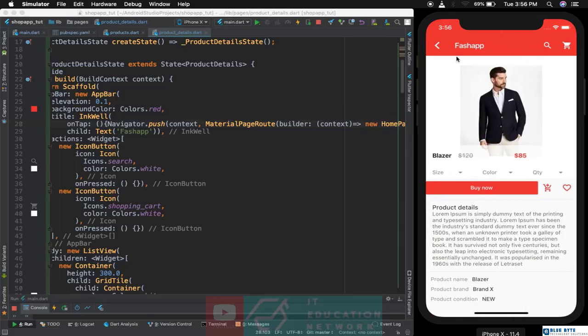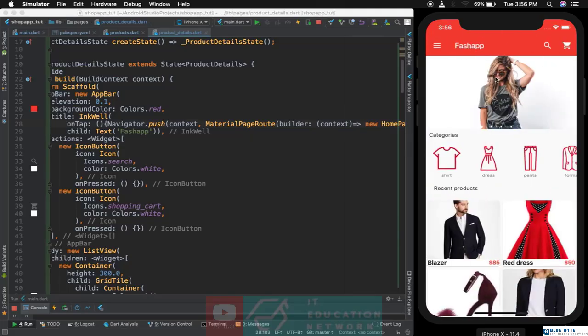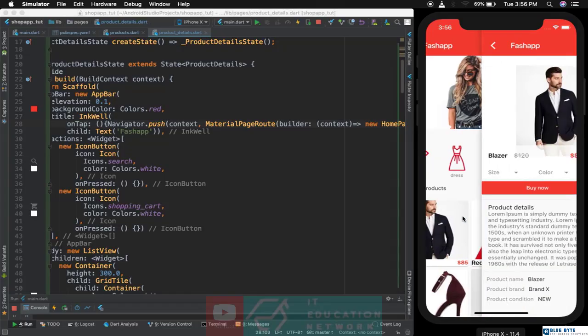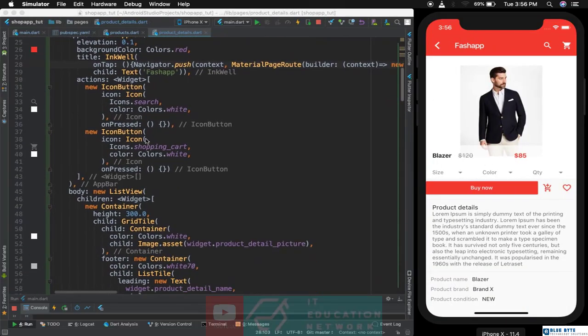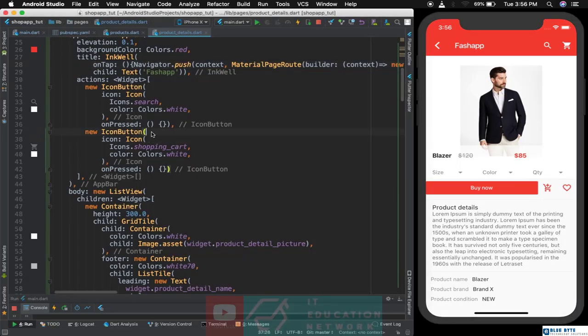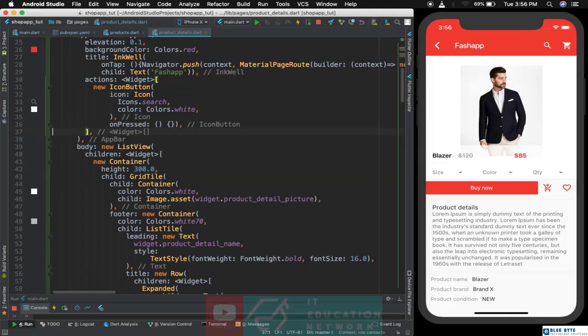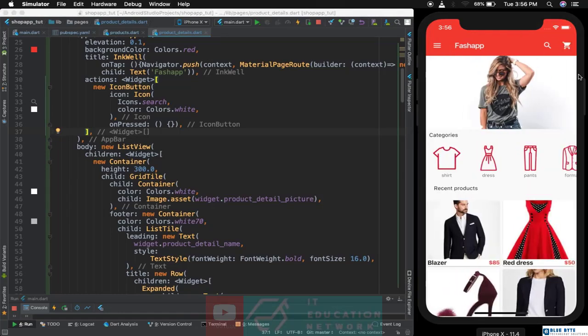Simple but quite interesting. Another thing I would like us to do now, let us do a small modification, which is coming over here and removing this icon. Control save it, done. I guess it looks better like this. We don't need to have the shopping cart over here because we have it here. Okay,